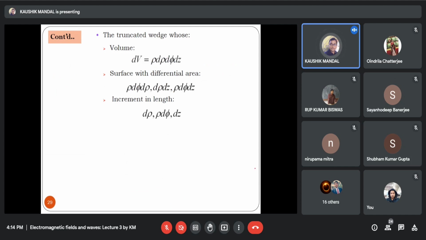That is mentioned here, the incremental volume. Now, surfaces with differential area. Before discussing the differential area, it is better to discuss the increment in length. The radius increments directly. What about the increment due to phi? That is rho into d phi. This is the difference from the Cartesian coordinate system. So accordingly,